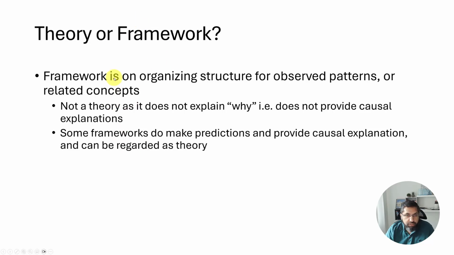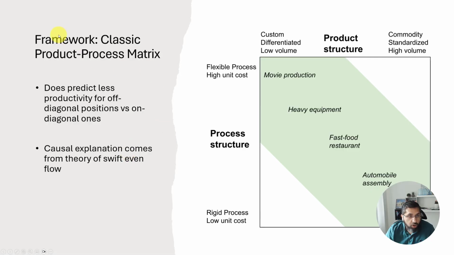paper makes this distinction. So just be careful: if something is explaining the why and it can lead to a testable hypothesis, and it's making predictions that if X goes up, Y will go up, it is a theory. Okay, so the classic example of a framework that the paper gives us is this product